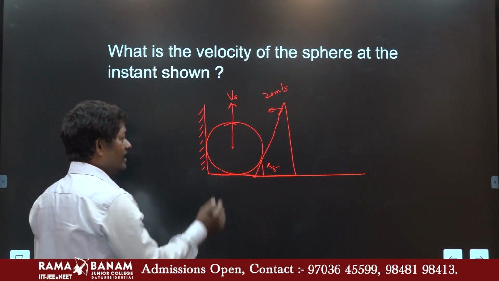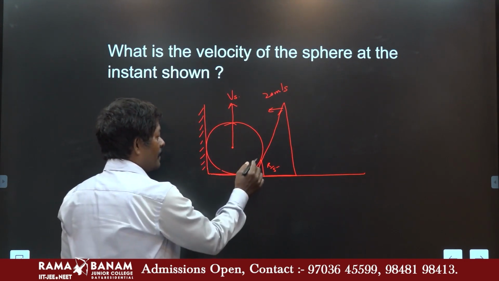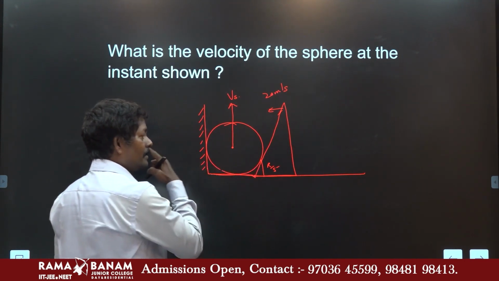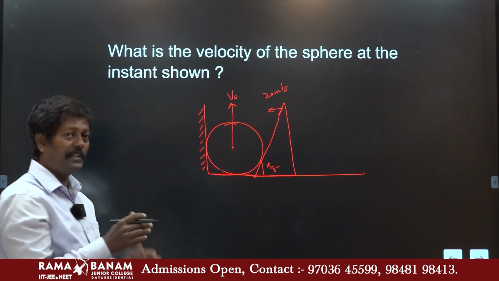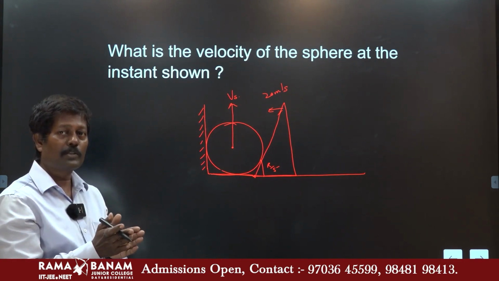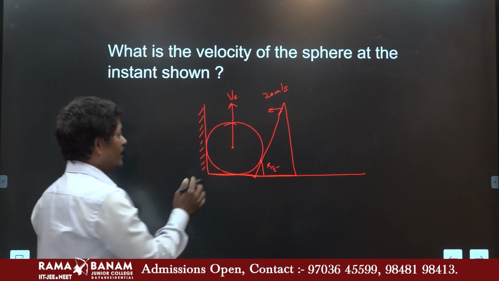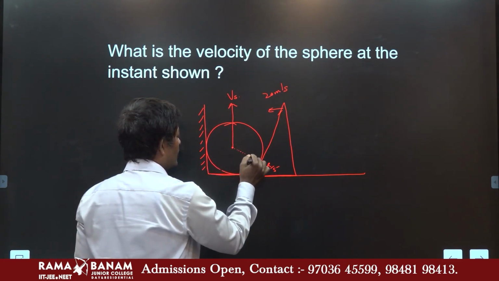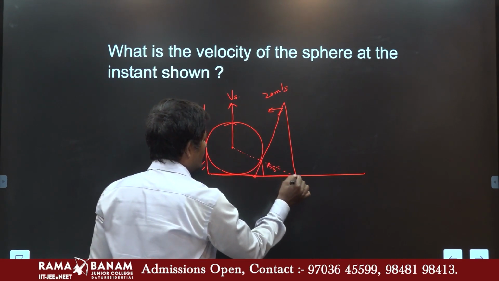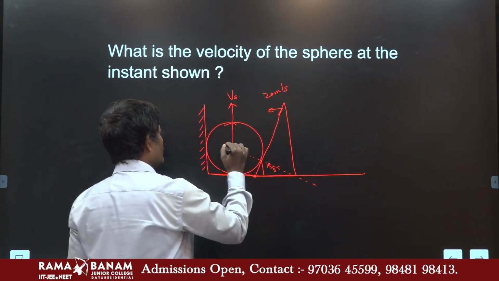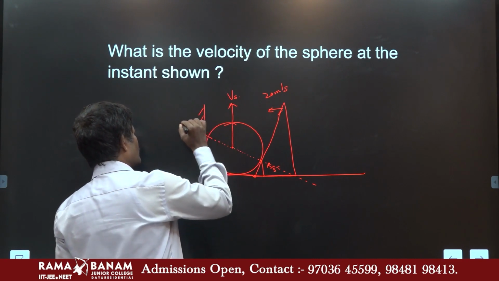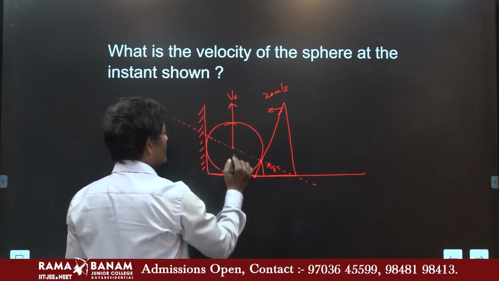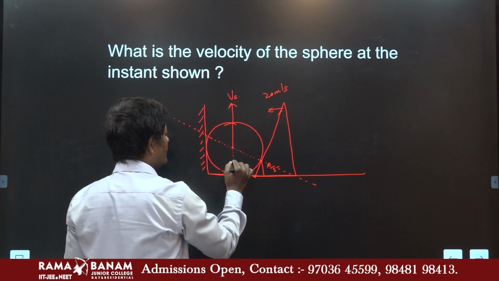Now, again I told you already, the component of velocity perpendicular to the surface should match. So let us see again. I will take this dotted line. This is the direction perpendicular to the surface. So Vs here, if I draw a dotted line here,